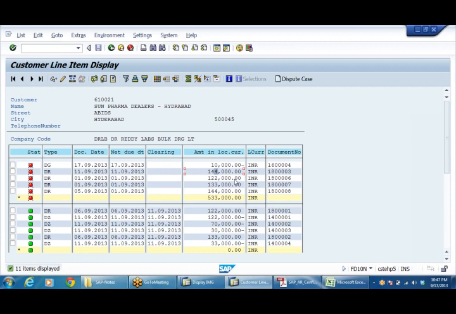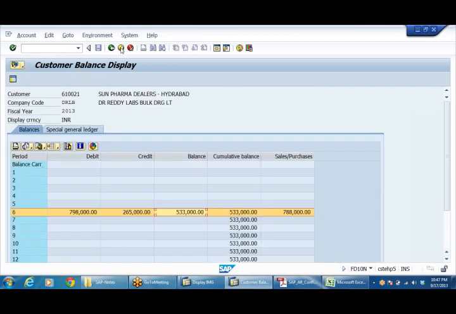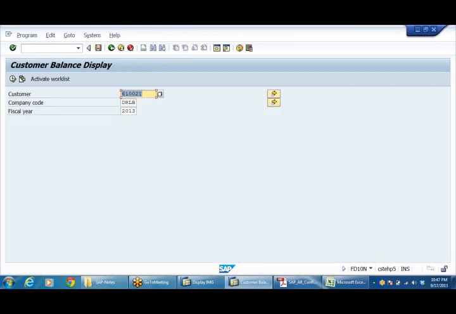Right? So this is dunning, credit note, and party statement of account. Any doubts?